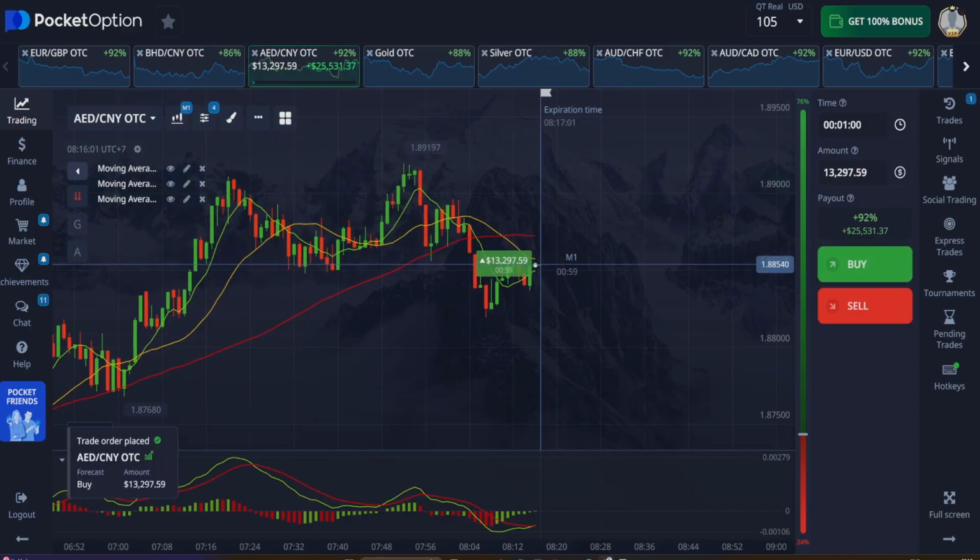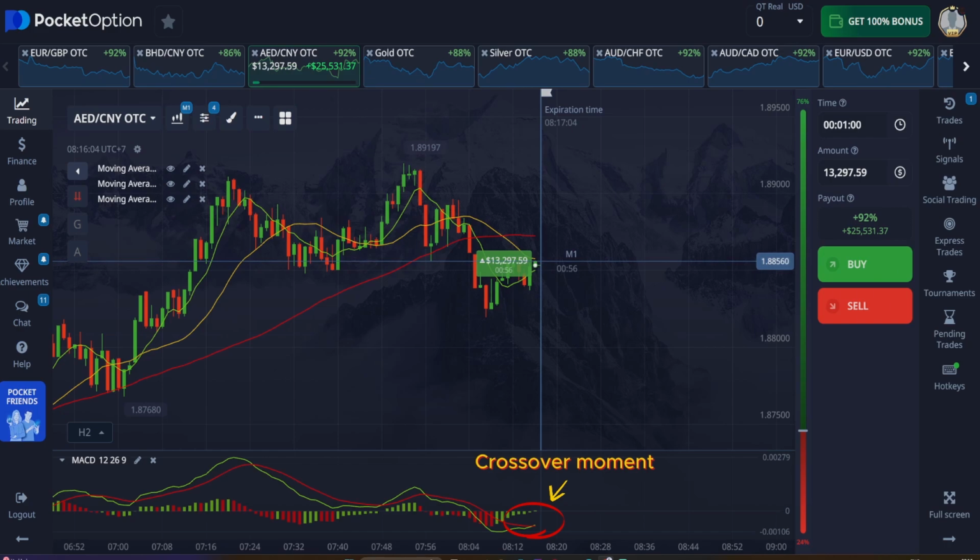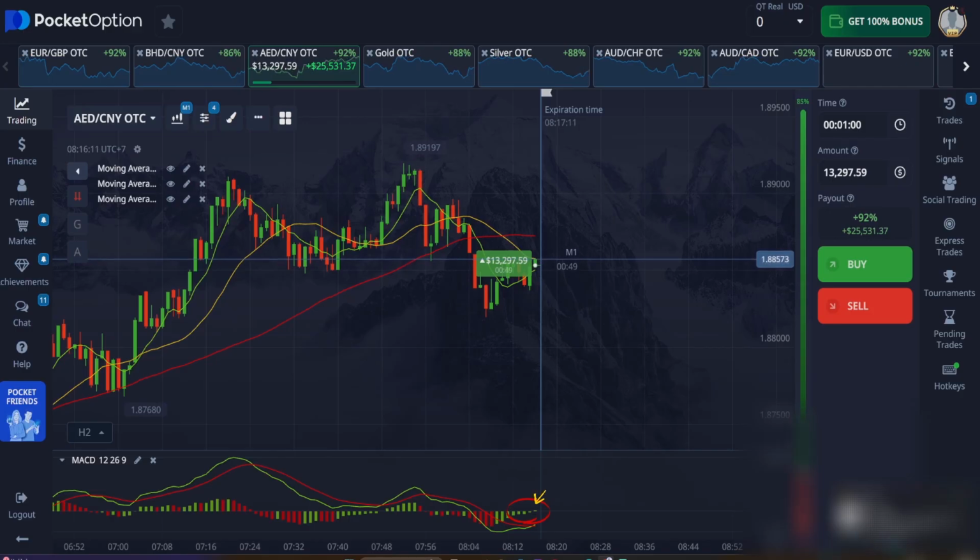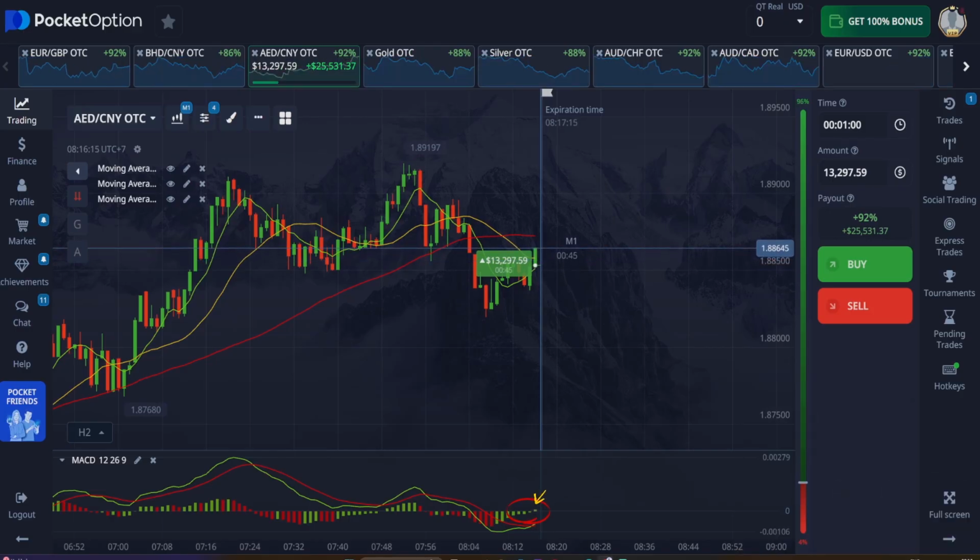I'm taking a buy position because the MACD indicator has just formed a bullish crossover. The MACD main line has crossed above the signal line, while the histogram is rising from the negative area into the positive side. This shows that bullish momentum is starting to build, buyers are taking control, and the probability of